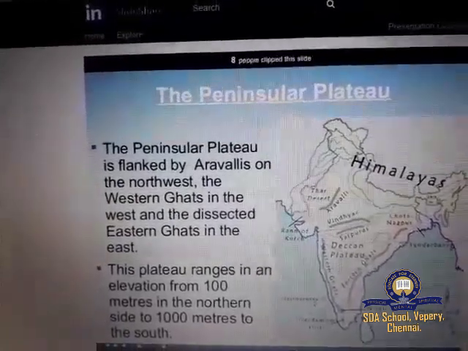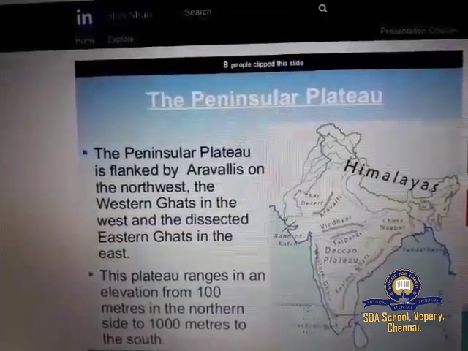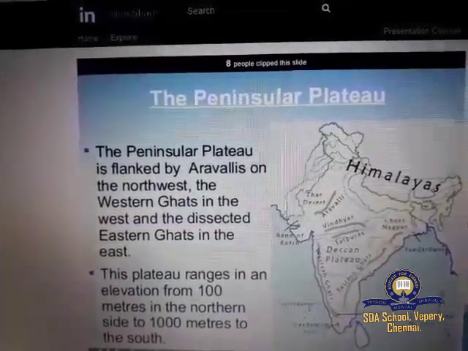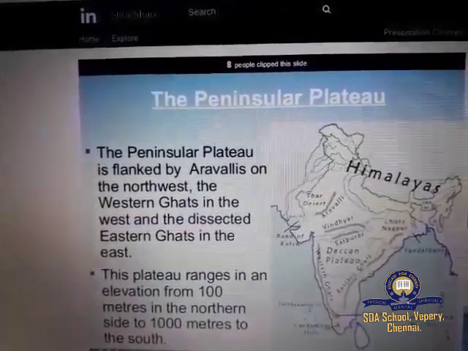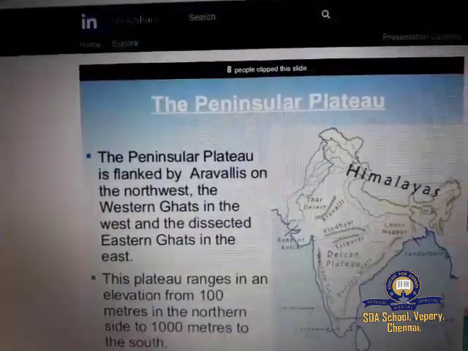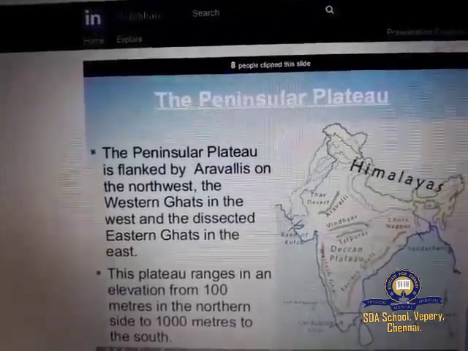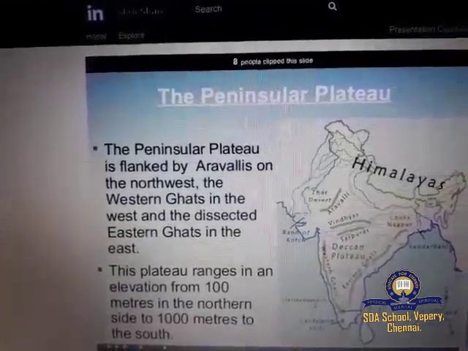All the major rivers Mahanadi, Godavari, Krishna, Kaveri, etc., lying to the south of the Vindhyas flow eastwards and fall into the Bay of Bengal.